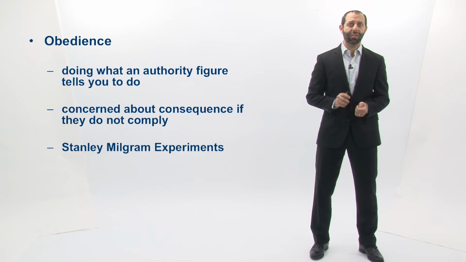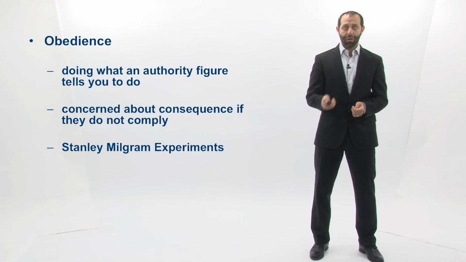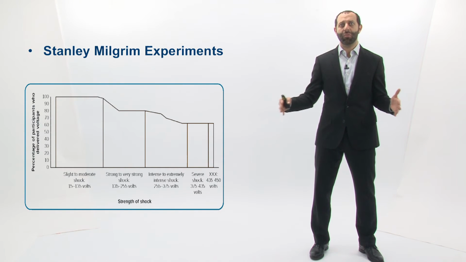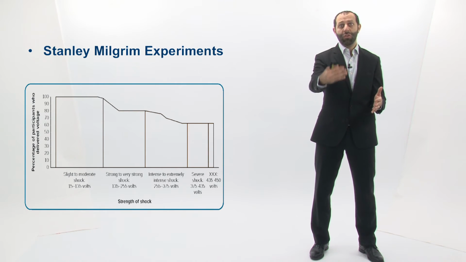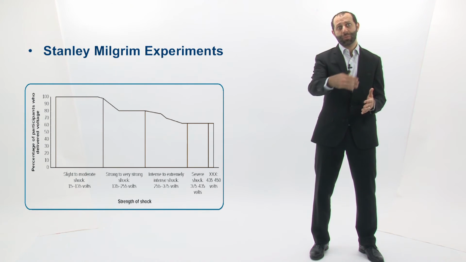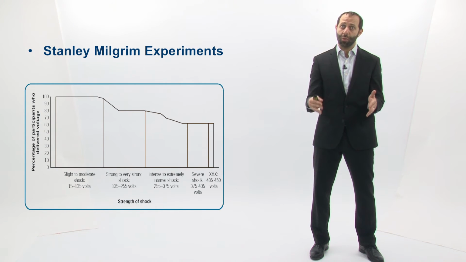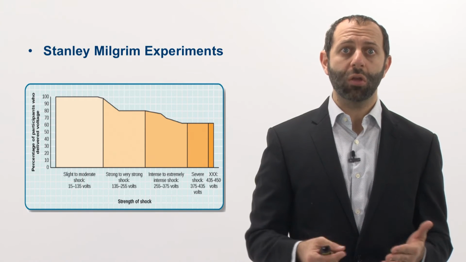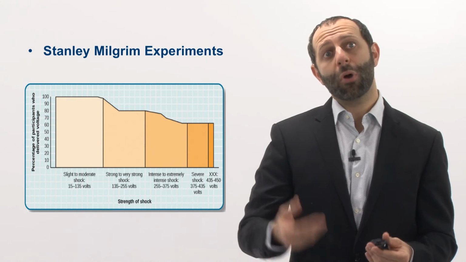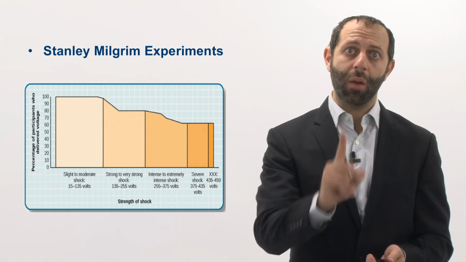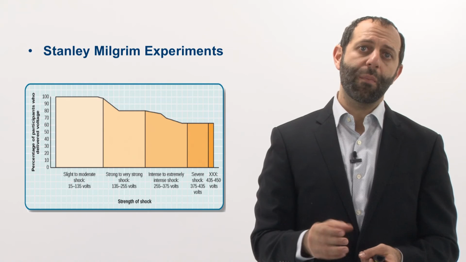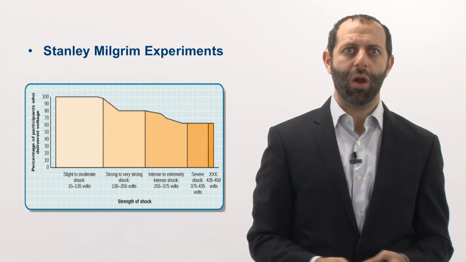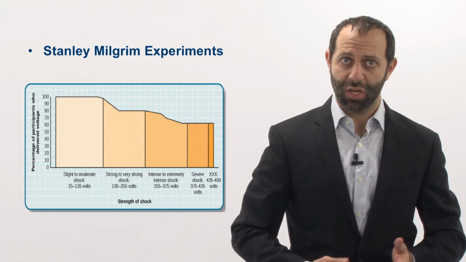So he conducted an experiment that involved using a machine that, in theory, distributed shocks to a research participant. In reality, the research participant receiving the shocks was also a confederate. They were in on the research study, and in reality, they weren't being given the shock. The person who was administering the shock was the one being experimented on, and the people were average professionals living in the area around where Milgram conducted his research study.